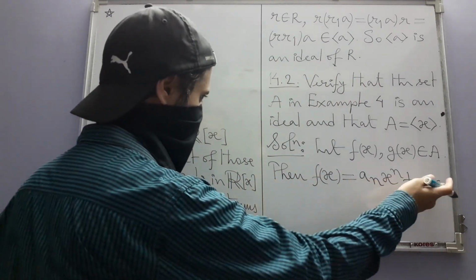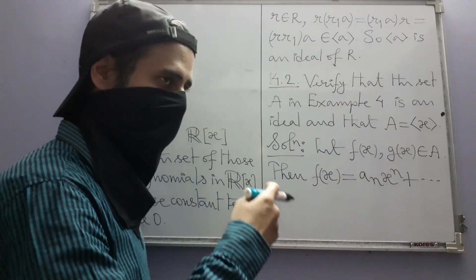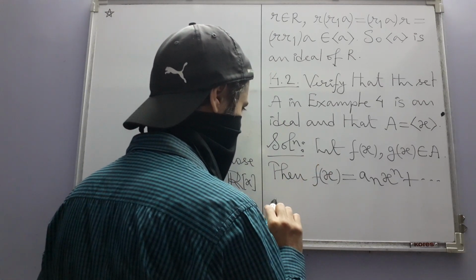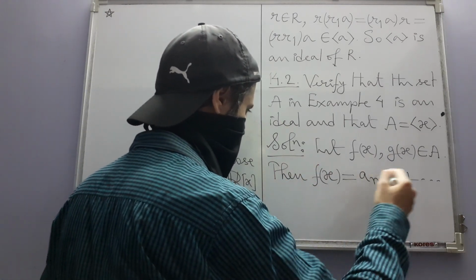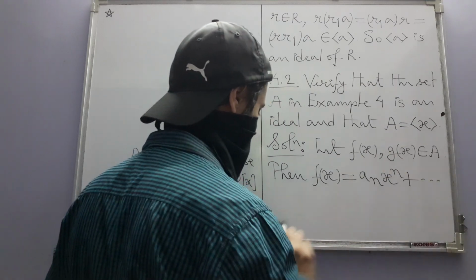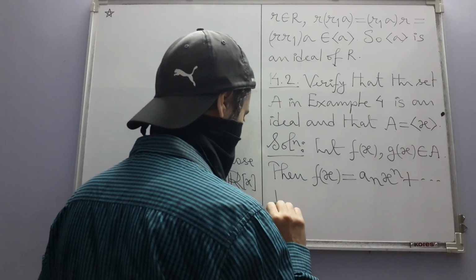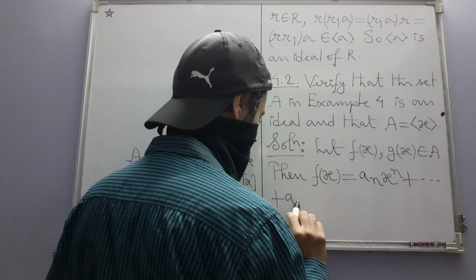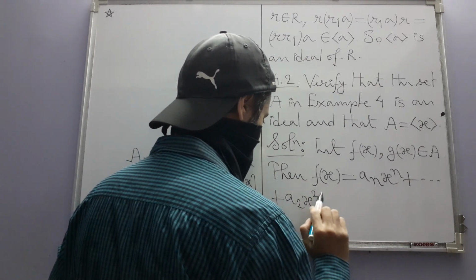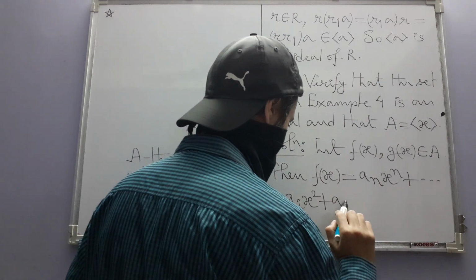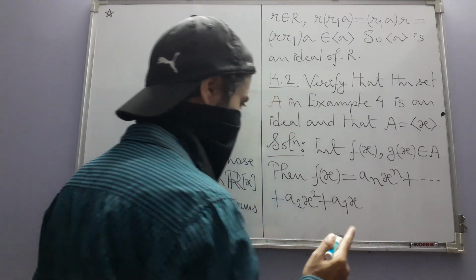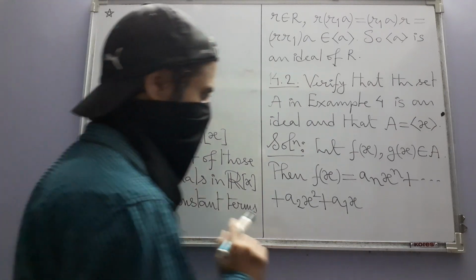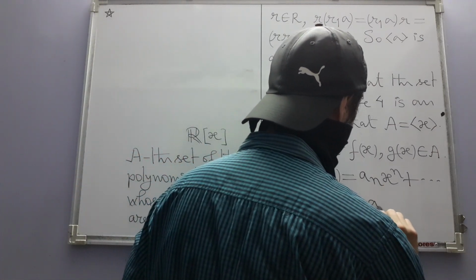If you want, you can write one more term, a_{n-1} x to the power n minus 1. I am not doing that, okay, it's understood that this number n will decrease as you write more terms, plus, let me at least write a2 x square plus a1 x, and a0 is 0. Okay, that is the constant term which is 0. And